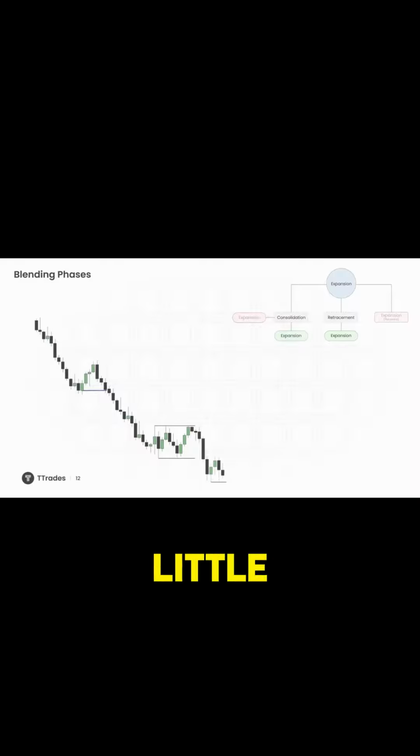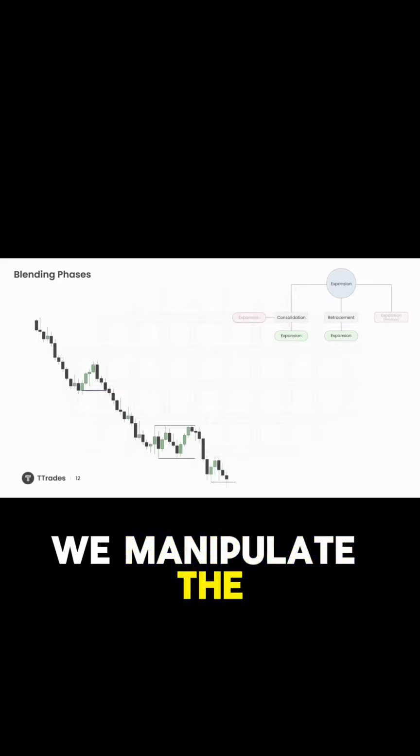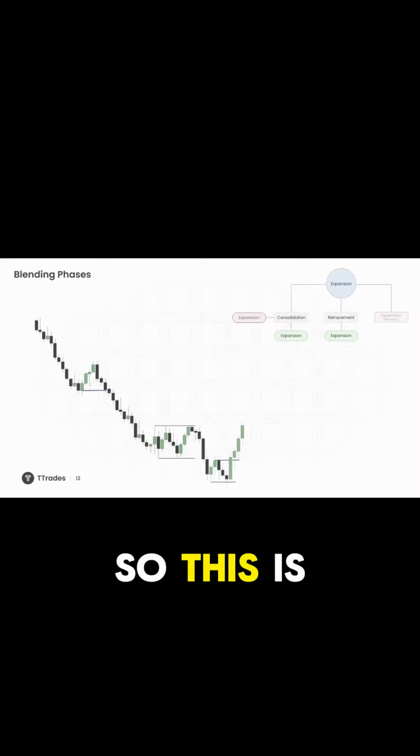Here you can see we have a little consolidation. We manipulate the low and then expand higher. So this is a reversal. Expansion met with expansion,